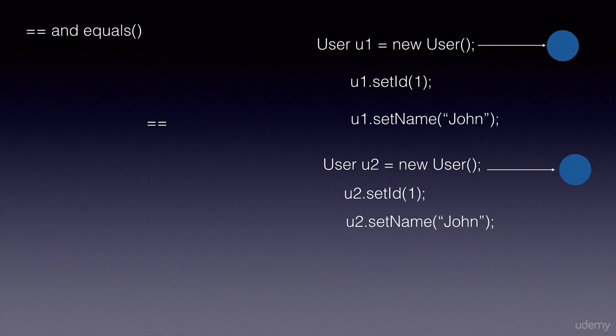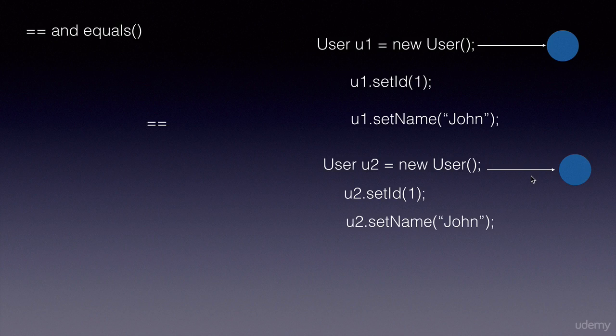Another important interview question is the differences between the equal to operator, the double equals operator, and the equals method when we compare objects. Let's take a look at the double equal to operator by creating two objects of user. Here we are creating two instances u1 and u2 of a class called user and setting the IDs to 1 and John. Both of them have the same ID and name, but they have their own memory locations on the